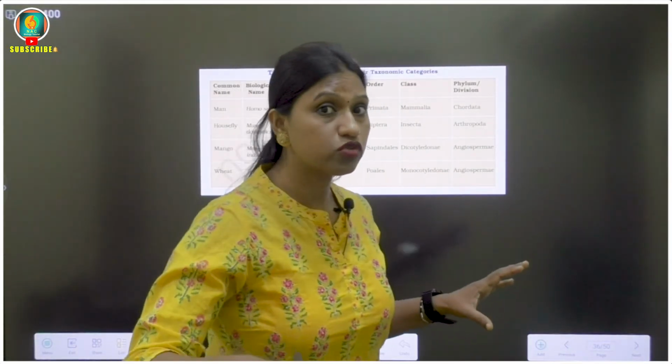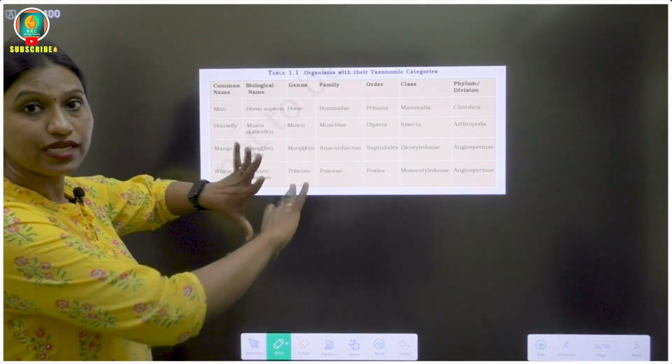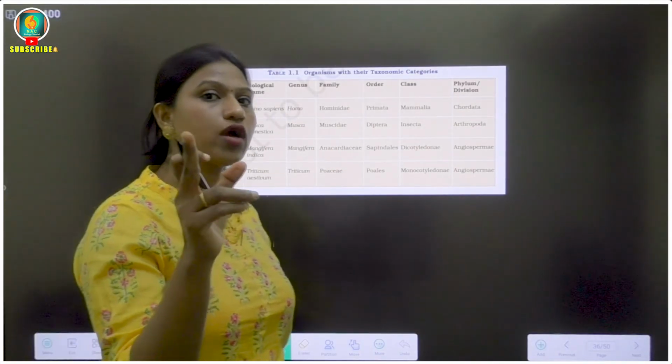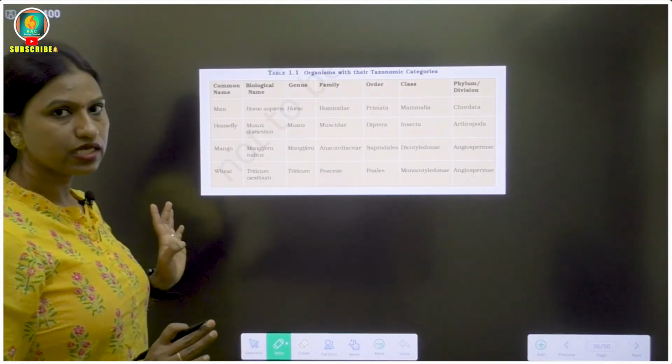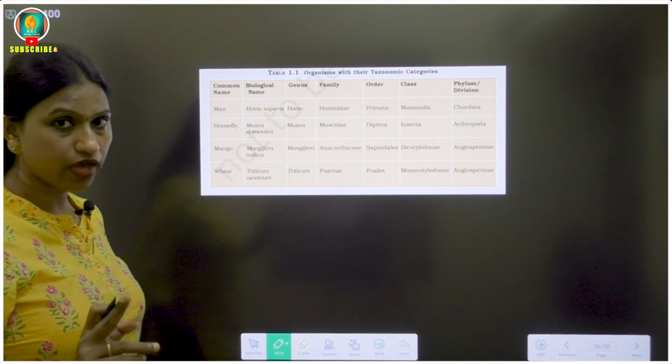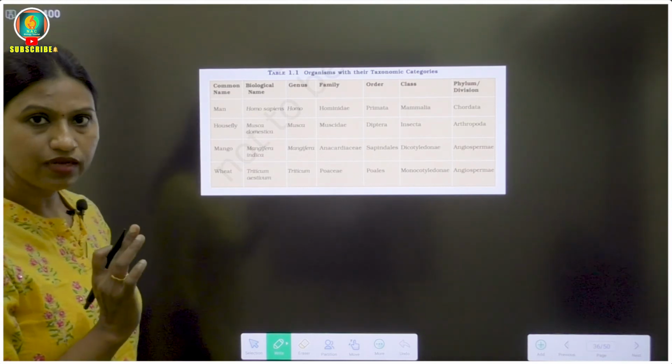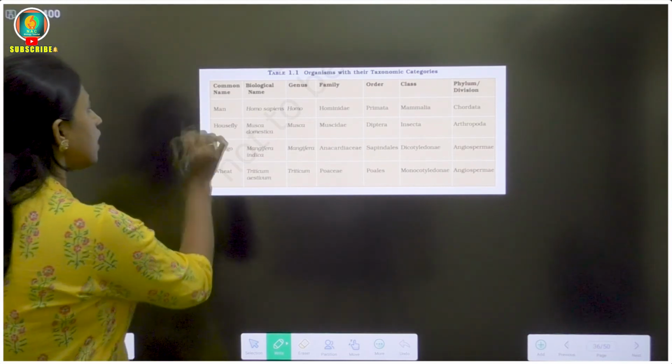Okay. Sorry, before going to the MCQ, let us learn this table. It's your duty, you have to learn. See, here the common name of 4 organisms are given. Just open your textbook if you have with you and look at what all the information has been given about the